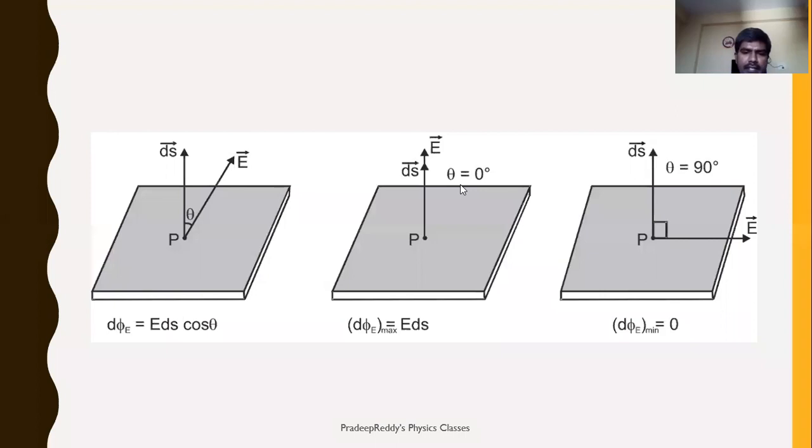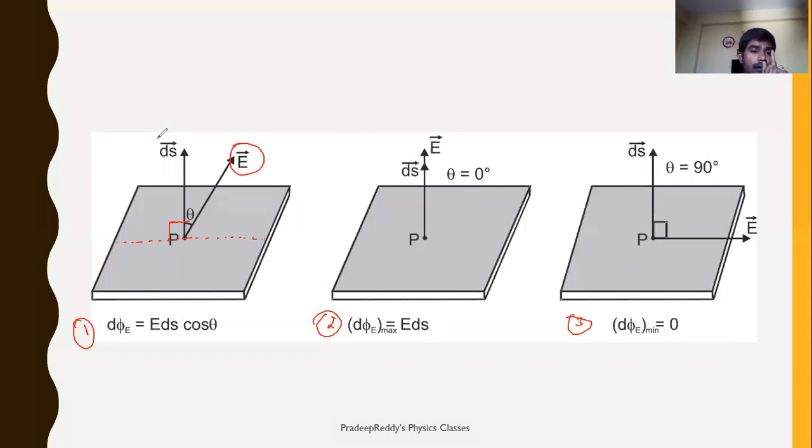Now let me consider this as example 1. In this example 1, we have this is 1, and this is 2, and this is 3, right? Now check it up here. In this first case, we have the electric field in this direction. This is the electric field direction. Now, observing the surface area, perpendicular to this surface will be the area vector, right? This is the plane of the area. It is horizontal, and ds is vertical. Remember that.